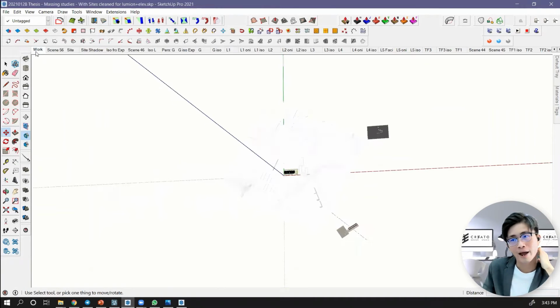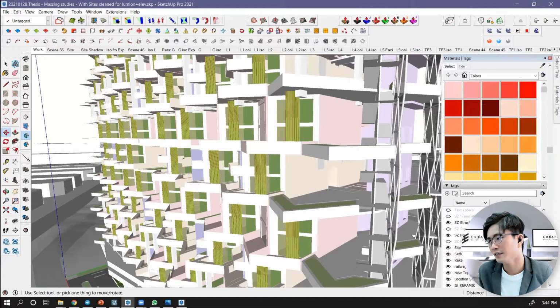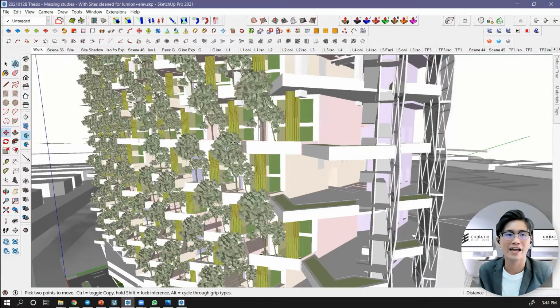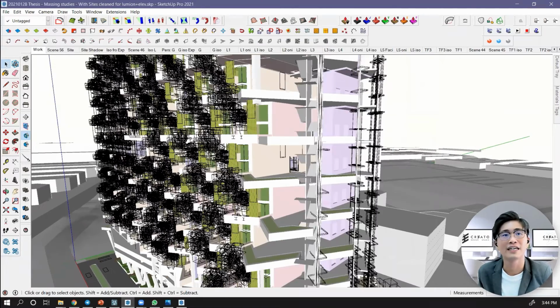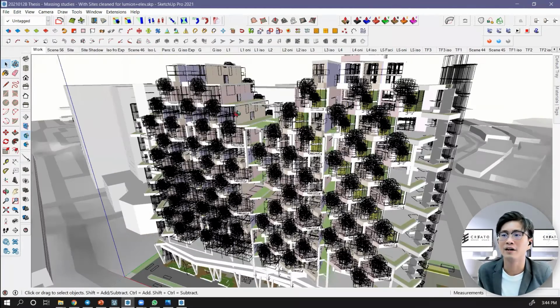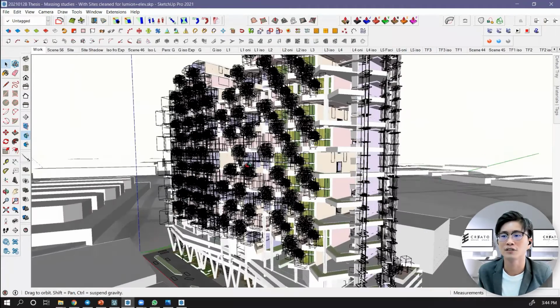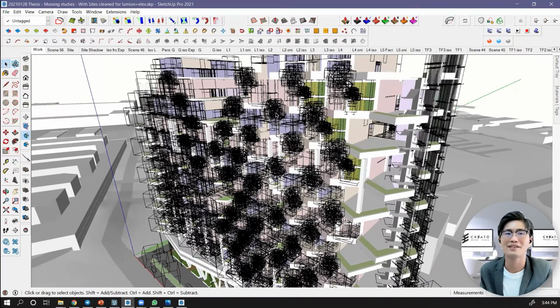Firstly, you can see my work scene. Let me show you. There are actually a lot of trees. This tree is quite high definition, so it's going to lag a lot, especially when you are doing towers. Especially during master's, or in a company when you are an intern, many companies might be doing residential towers or office towers, so you're going to get even more lag. If you don't know this, you'll suffer throughout the modeling process.